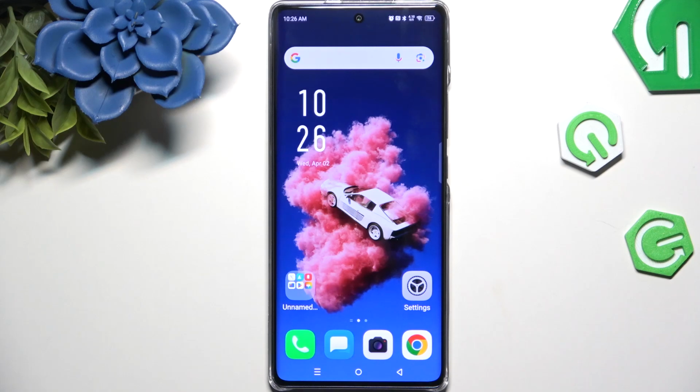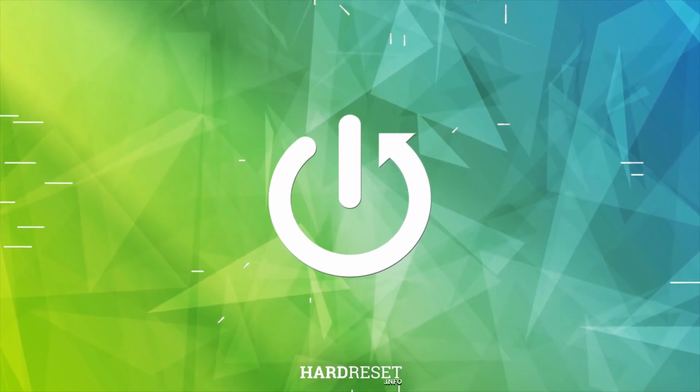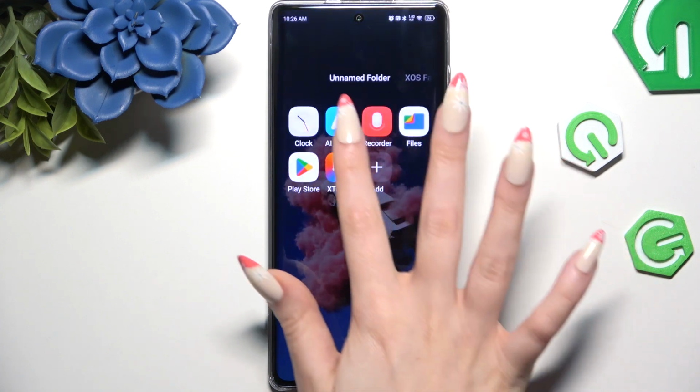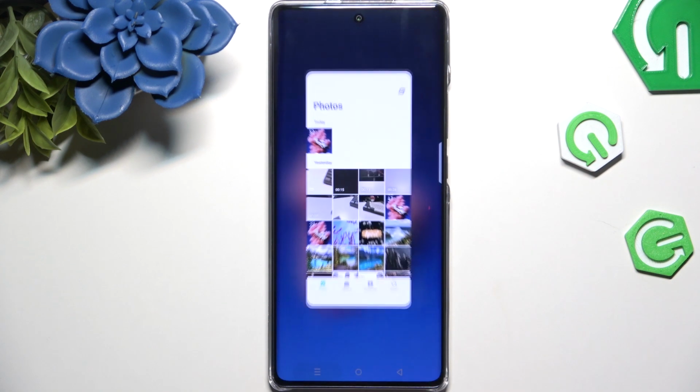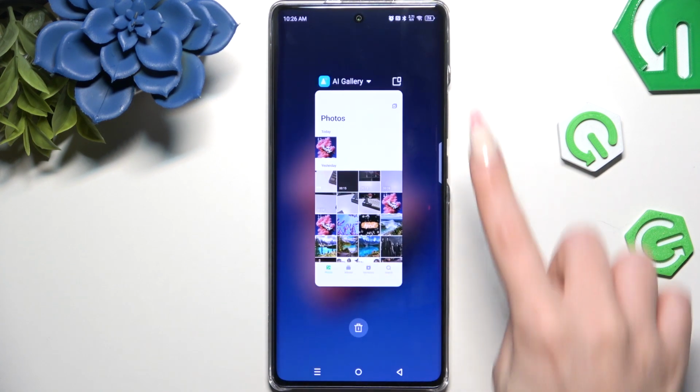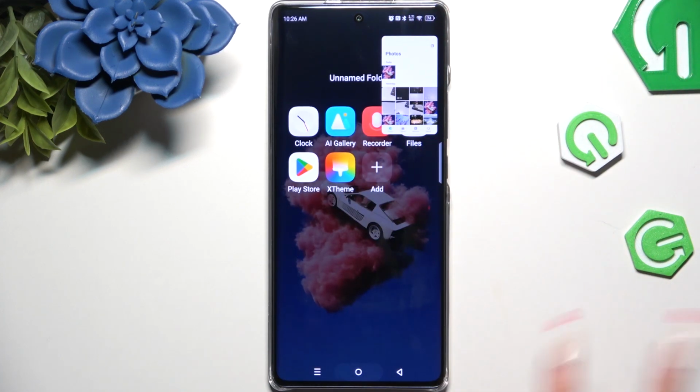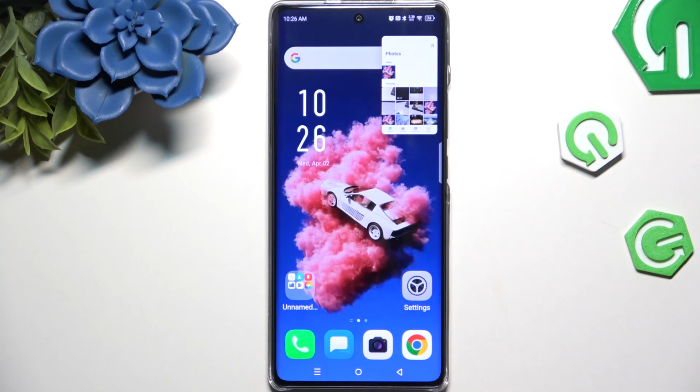In front of me is INFINIX Hot 50 Pro Plus, and today I would like to show you how you can open apps in pop-up view. Begin by selecting an app to use in this view and launching it in the background. Then click on this icon at the top right corner and enjoy using your app in pop-up view after tapping